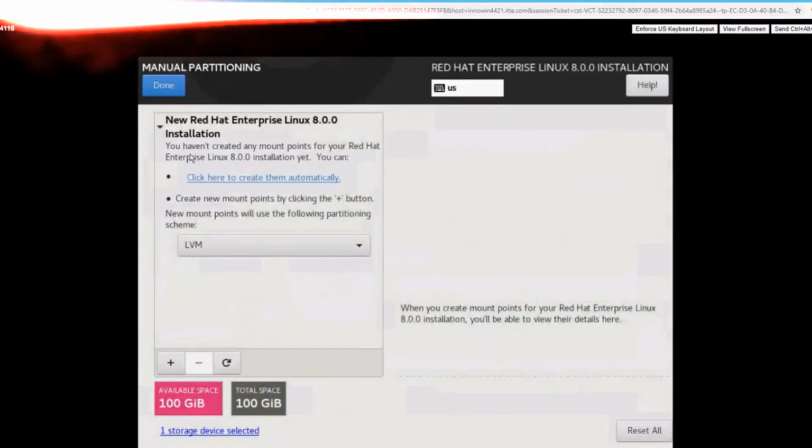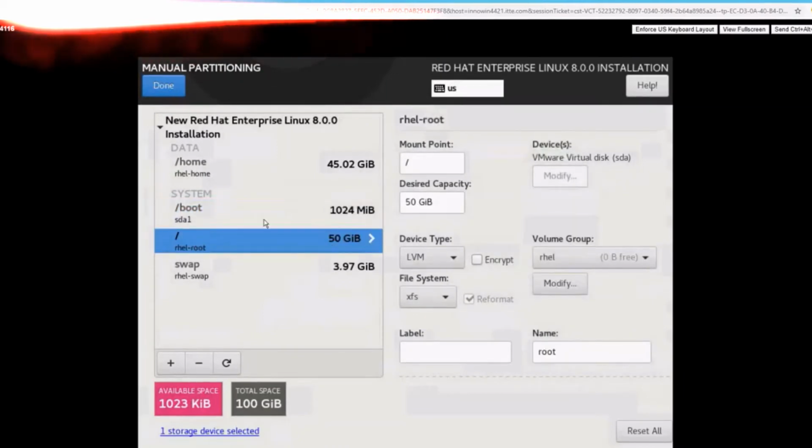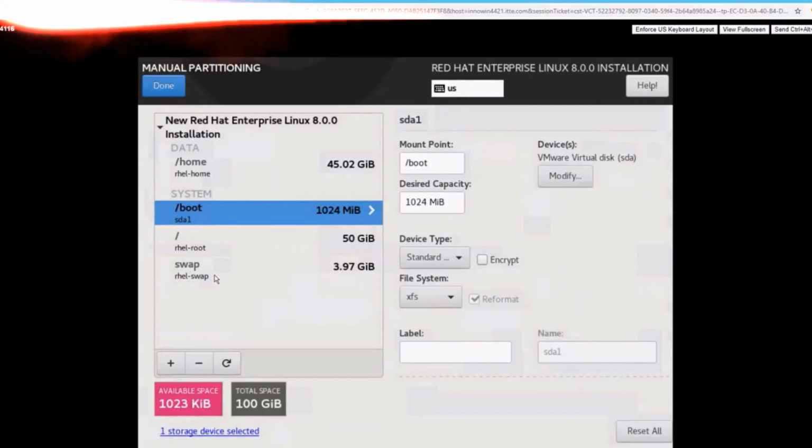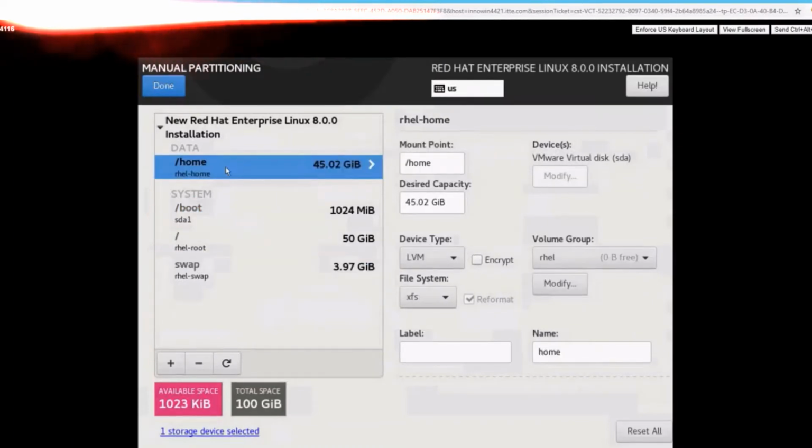So see, it automatically took 50 GB for root, 1 GB for boot, 4 GB for swap, and almost all the rest for home. But in some cases we don't want home or any other separate partition, so I will just select home and delete it.